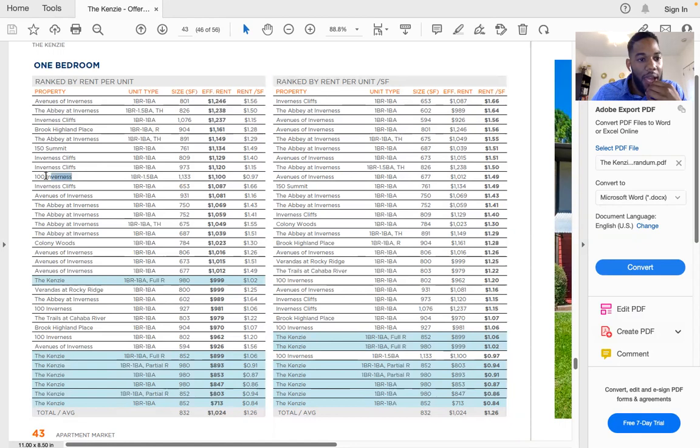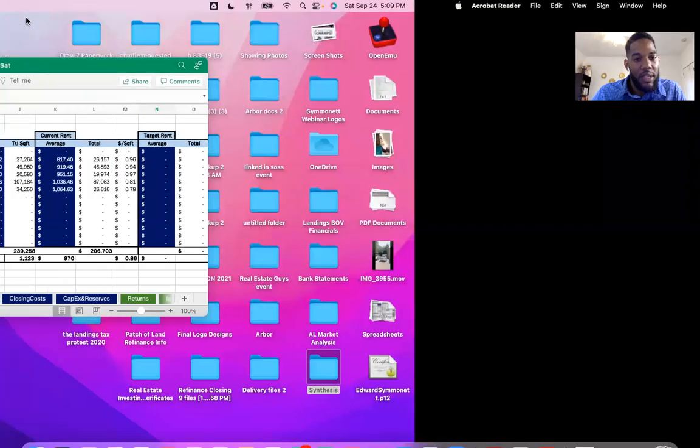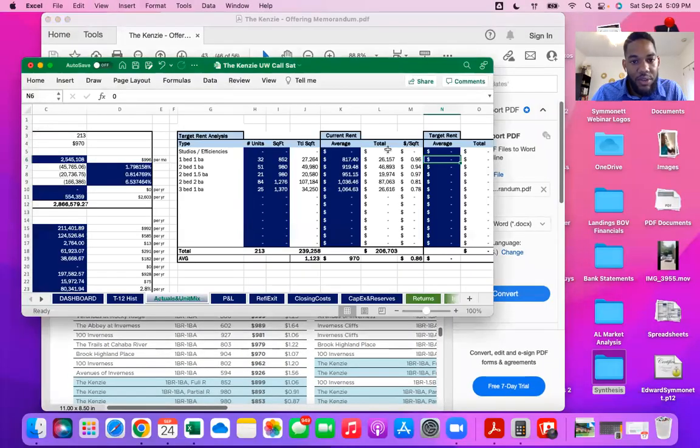Okay. And I'm basing that off of this older property here, this 100 Inverness. This was one of the properties that had the 1970s vintage. So what do you guys want to go with? 1100, 1150? What are you feeling for 1-bedroom? Jeff, you were saying 1100 earlier? I'd say 1100 is more reasonable. Okay, cool. So let's use 1100 and let's see where this gets us. We'll do 1100 for the ones.